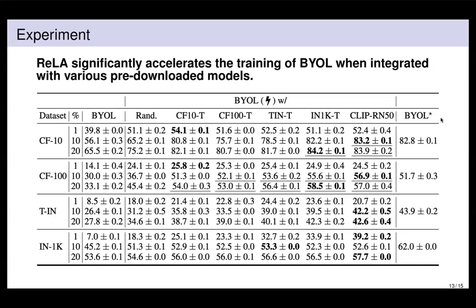BYOL star means we use the full dataset, 100%, to train BYOL and get the corresponding result. Sometimes we may use only 10% of the full dataset and outperform the full data training accuracy. For example, when we use CLIP to